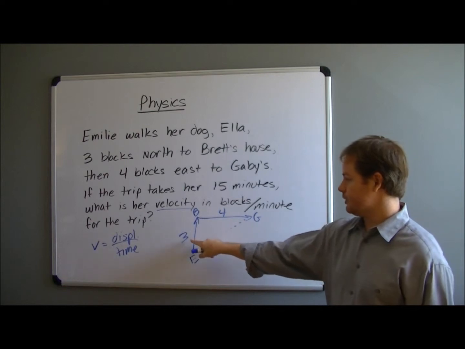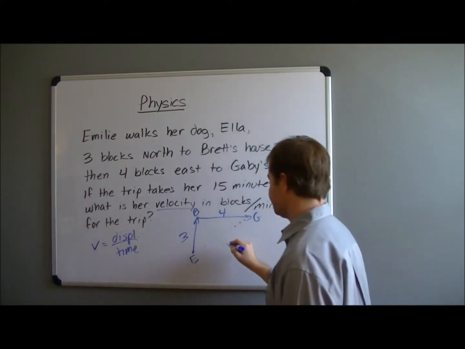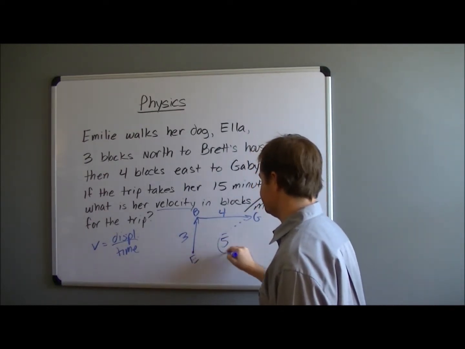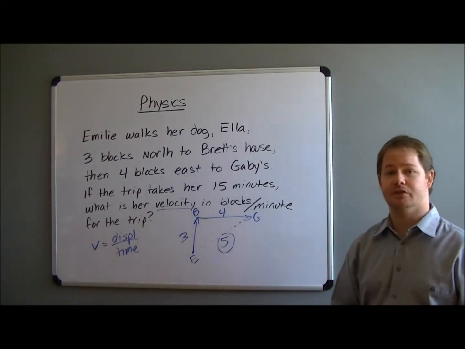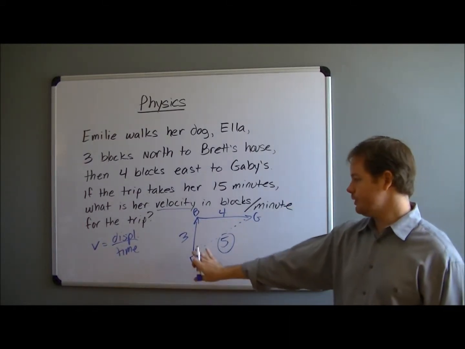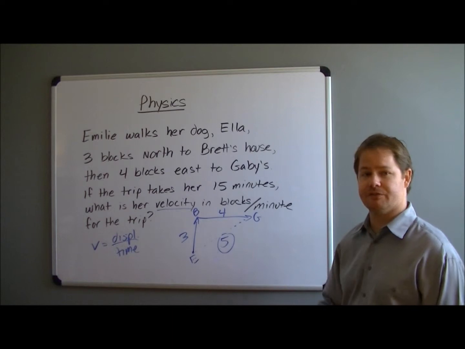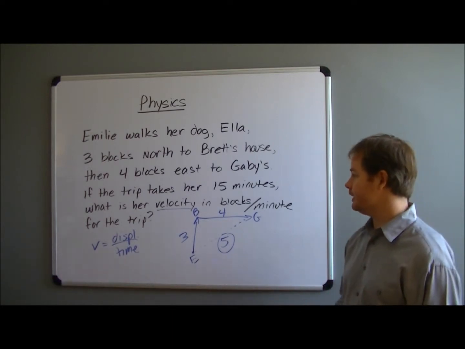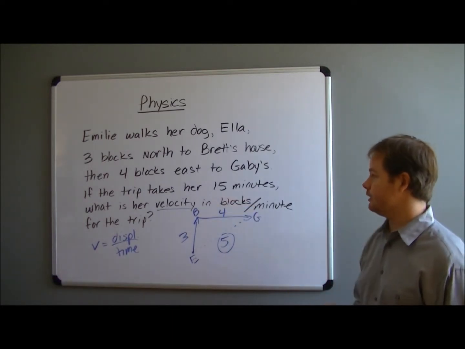The Pythagorean triplet 3, 4, 5 is a common type of right triangle, and it's a good one to memorize just to make some of those calculations a little bit easier. So now that we know the displacement is 5, we can plug that in and we can calculate her velocity